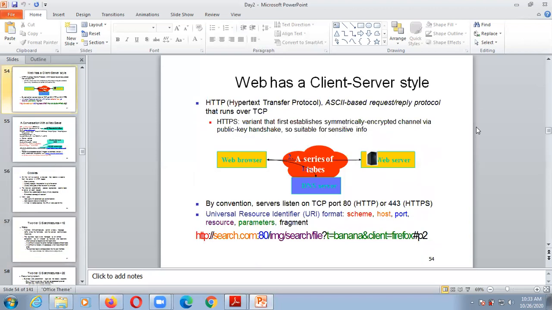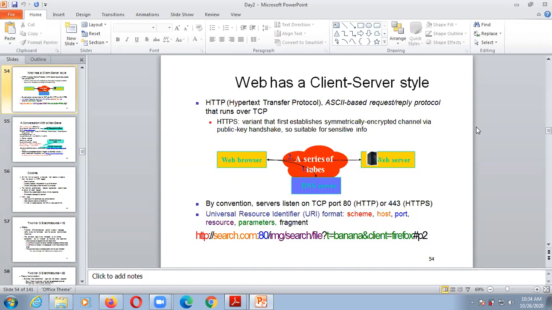See the example of client server: accessing the web through the HTTP protocol, or TCP or ASCII based requests. The user makes a request through a web browser to a web server using a DNS server and ports like HTTP or HTTPS. The port number for HTTP is 80 and 443 is for secure HTTPS.